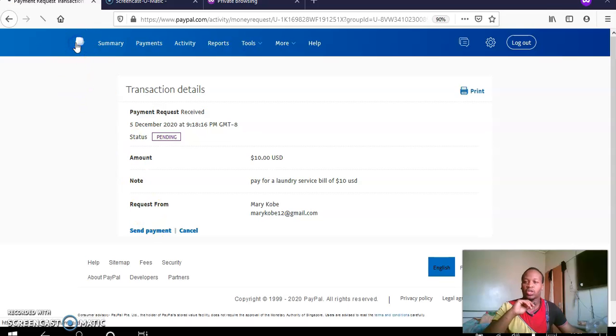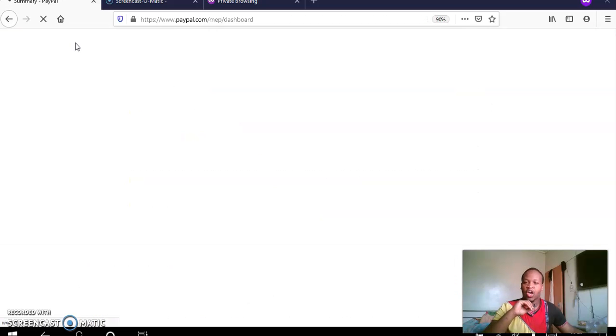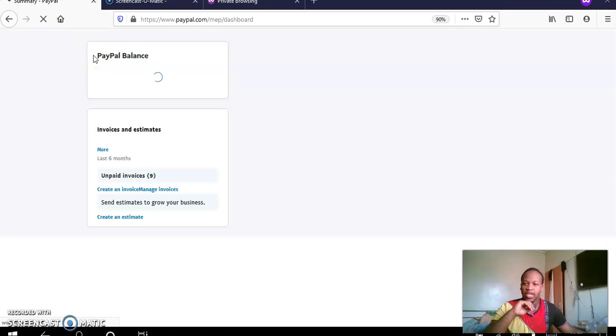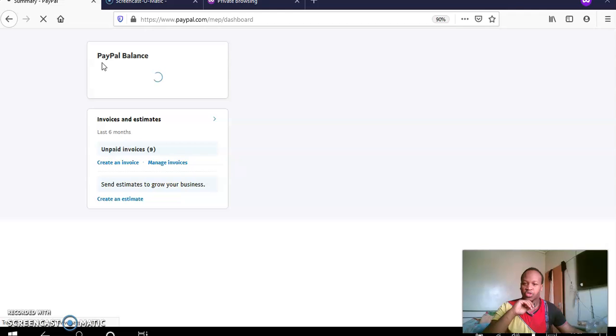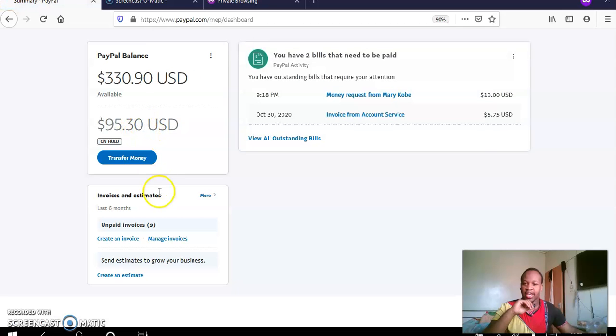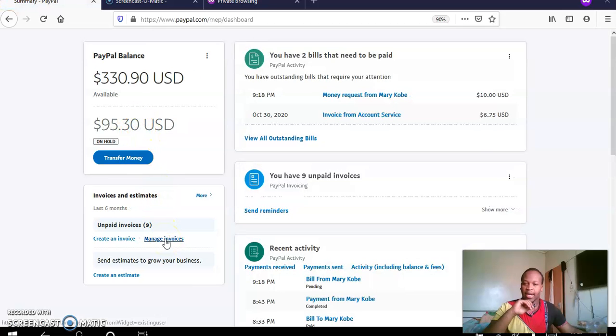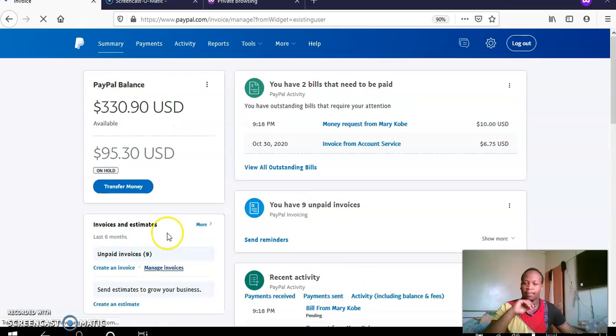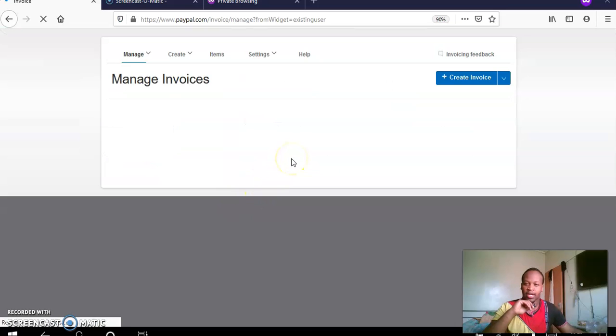Step number 2 is how to create an invoice. Anytime as the seller you're offering services to the buyer, always draft them an invoice. Once you draft them an invoice, it will be very good for you. So I'll show you how to create an invoice. We are on the seller side. You will come and say manage invoice. Once we come to manage invoice, we'll be able to